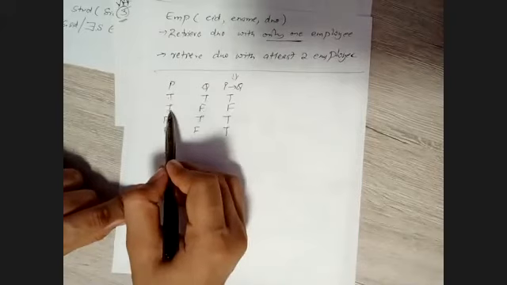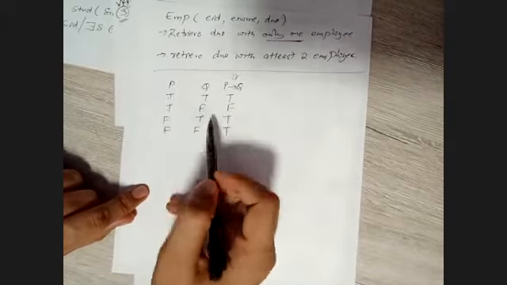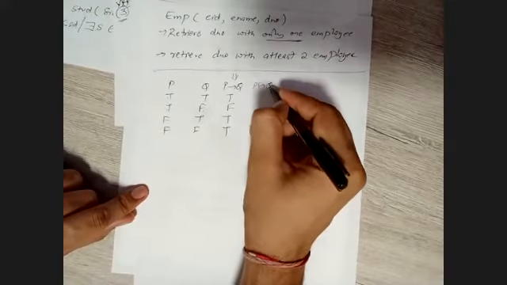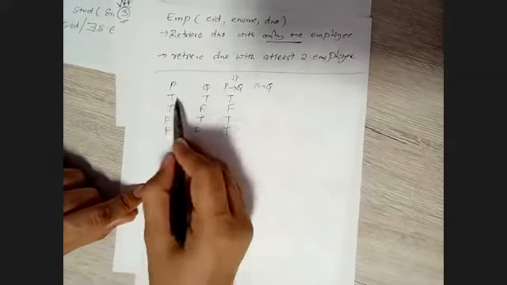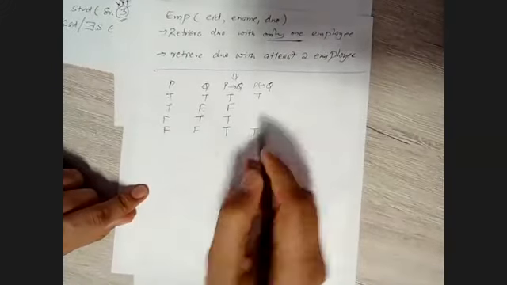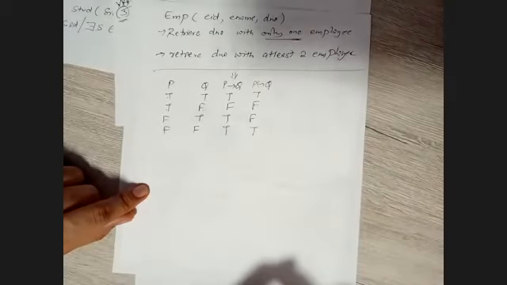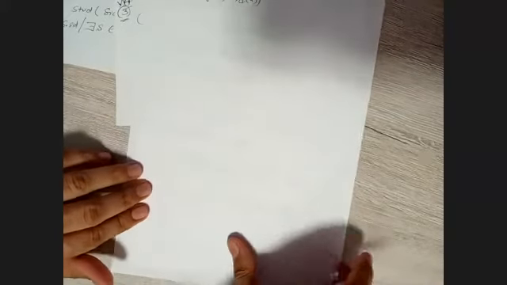P implies Q where P is true and Q is false, that is T implies F, that is F. Rest all are true. In double implication, when both the things are the same, either true and true or false and false, we have the true scenarios. Other than that, we have false. This is the logic table formulation. Probably you have already covered this in digital logic, the digital electronics part.